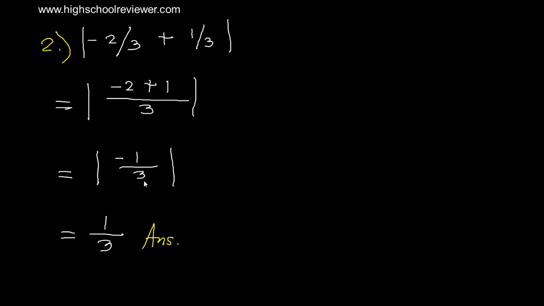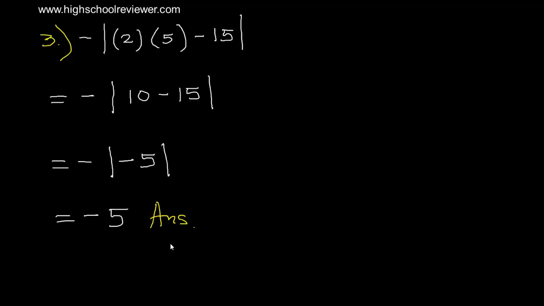Our denominator is 3. So we have the absolute value of negative 1 over 3. And taking the absolute value of negative 1 over 3, disregard the sign, we have here 1 over 3. This is our answer. And for number 3, we have the negative of the absolute value of 2 multiplied by